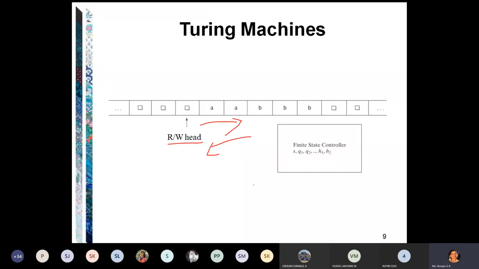Finite state machines and push-down automata are guaranteed to halt. At the end, we will be in some state, maybe an accepting state or a rejecting state. They must do so when they run out of the input. Turing machines, on the other hand, carry no such guarantee. Halting may be there or may not be there. The input simply sits on the tape. Here, this is the indication for the tape, a magnetic tape maybe.